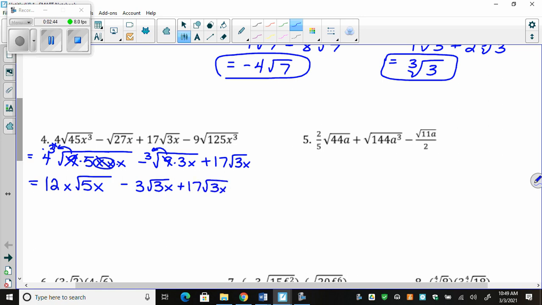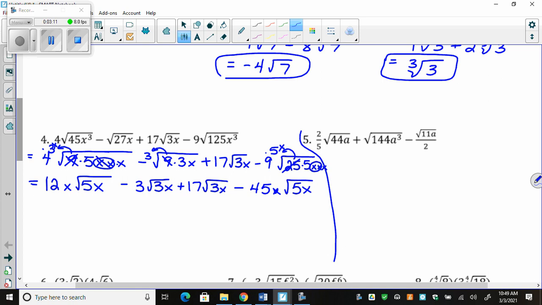And then 125 I can break down into what? 25 and 5. Good job. 25 times 5, x, x, x. Okay, so 25 comes out and it's a 5. And then 2x is for 1. So we get -45x root 5x. Now there's 2 terms that have a root 5x and 2 terms that have a root 3x, so